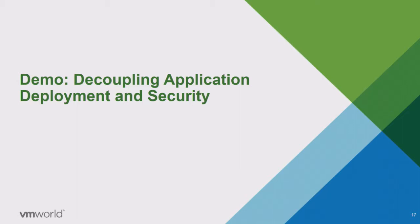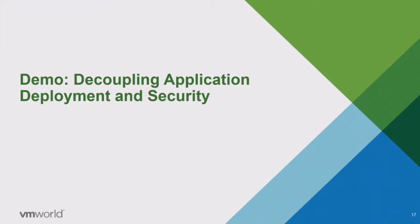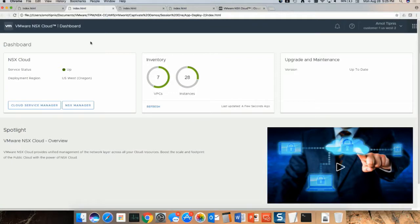All right, this time I'm going to actually run a recorded demo here because it takes time to deploy VMs and stuff. So the scenario that we have here is really about waiting for it to switch. Switch, okay. Yeah. The scenario here is that we have a staging account where we saw that earlier in our